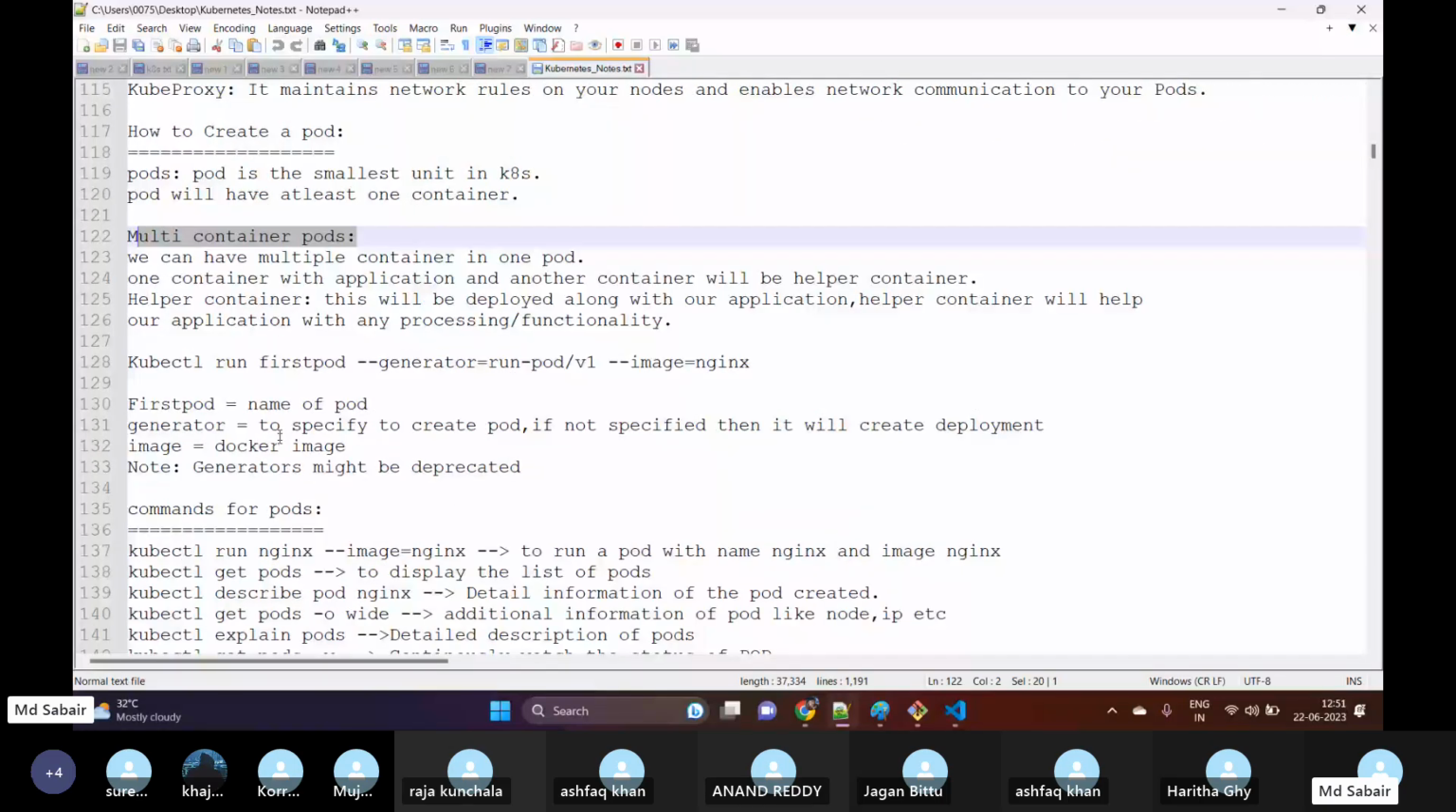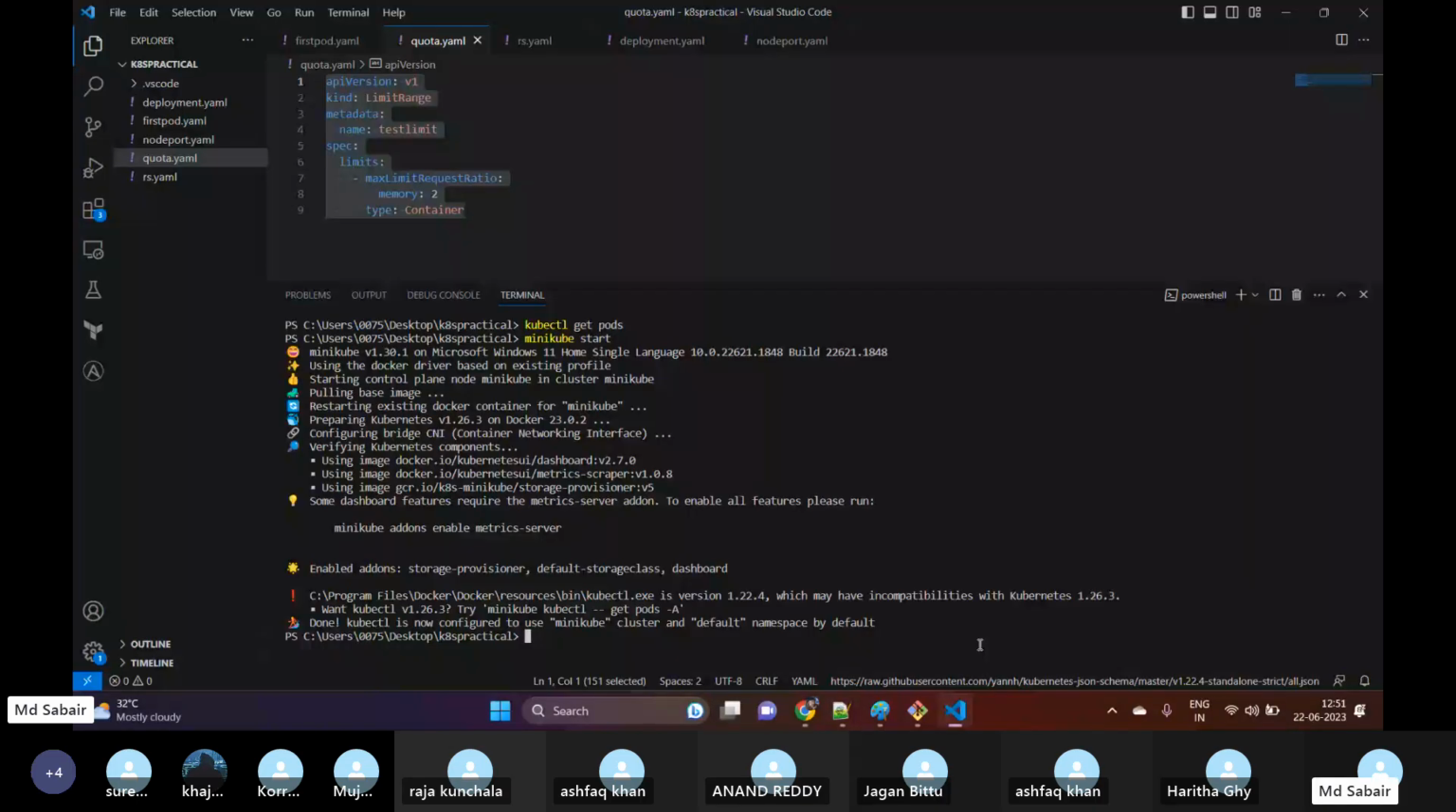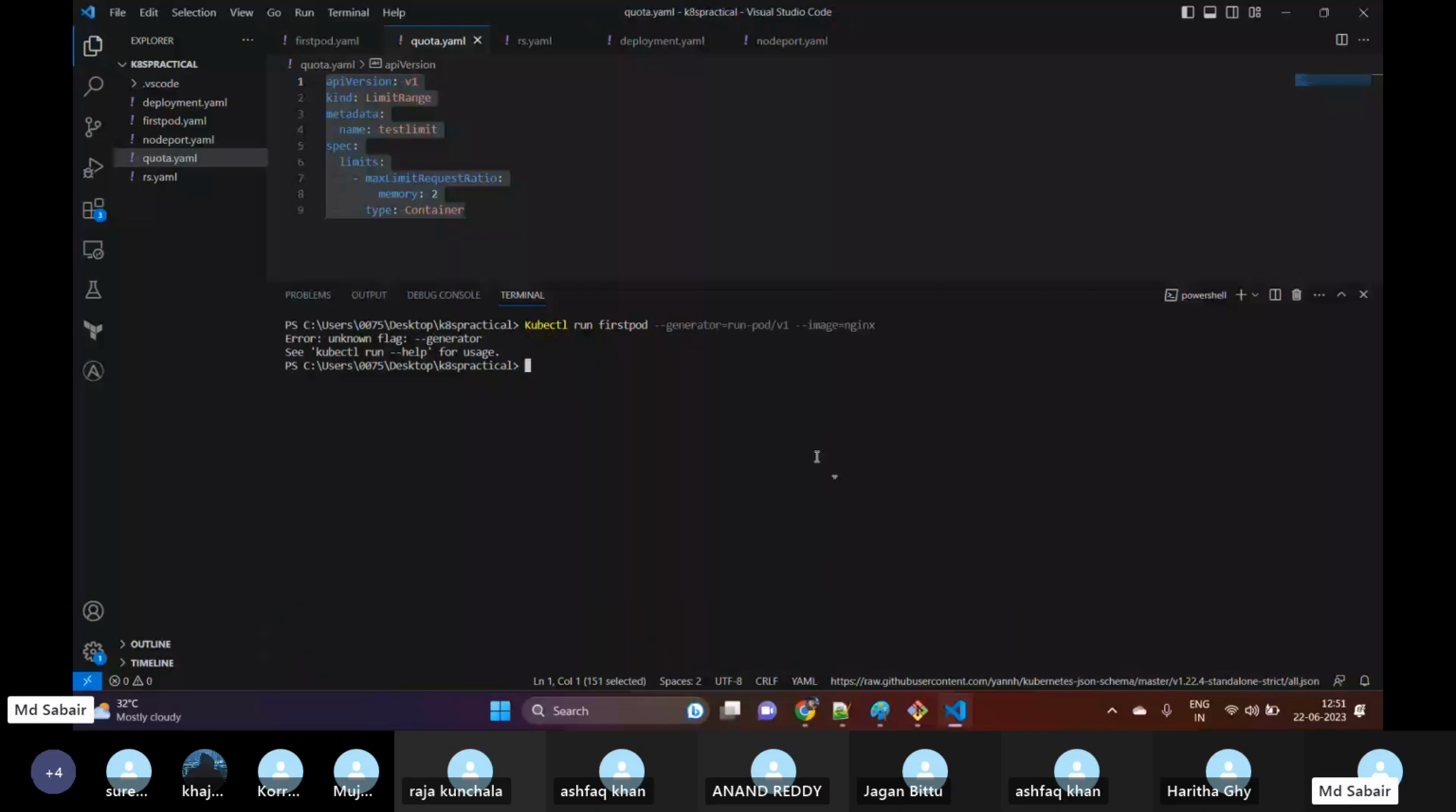Let me copy this: kubectl run first pod --generator=run-pod/v1 --image nginx. Let me see what is happening, and then I will explain this command. Don't worry. For now I can use either my minikube, because this will execute on the local machine, or my Kubernetes cluster. Let me use the Kubernetes master only. So if I execute this,